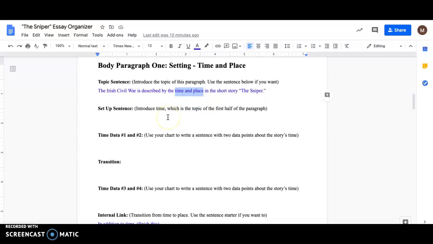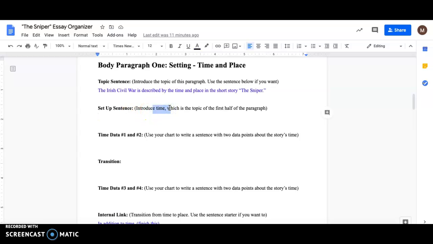After that, you'll have a setup sentence just like on the last essay. So now you need to basically tell your reader time is what we're talking about first here. You need to introduce the first half of the paragraph. You could say something like, when the story takes place is important because blank, or something about the time in the short story, The Sniper, changes throughout, or just whatever you want to say, but just something about time.